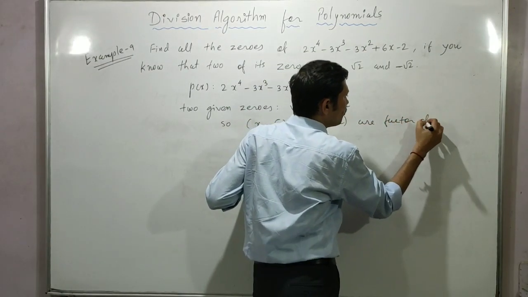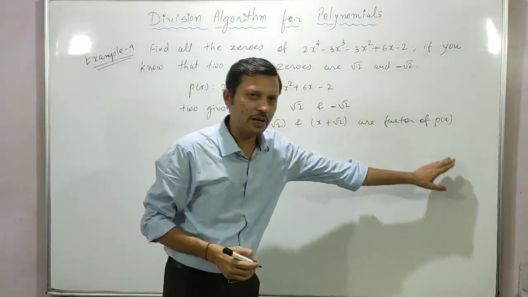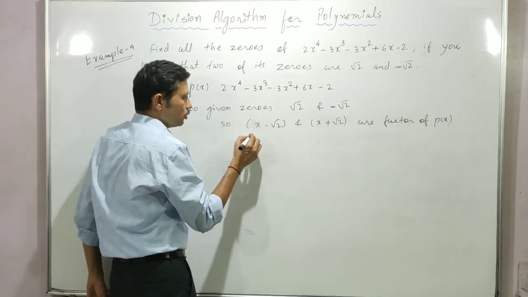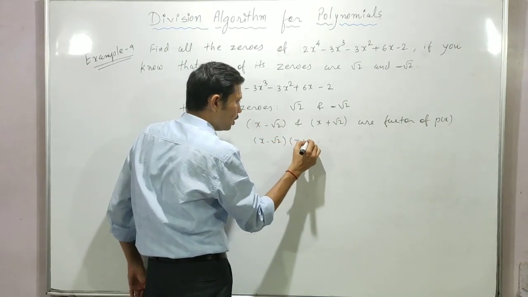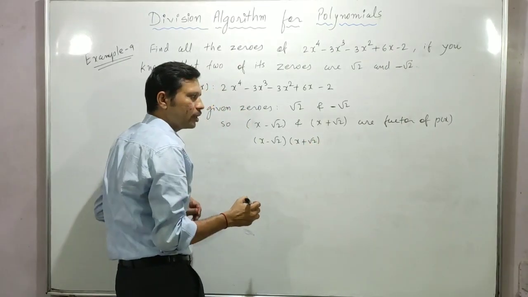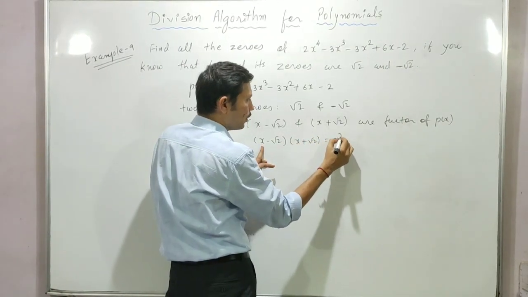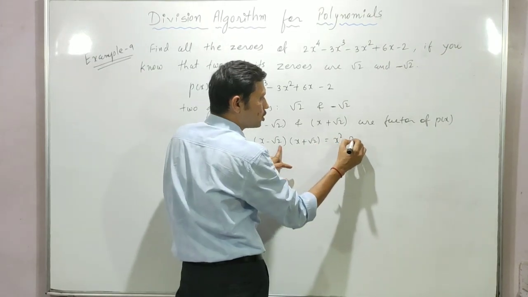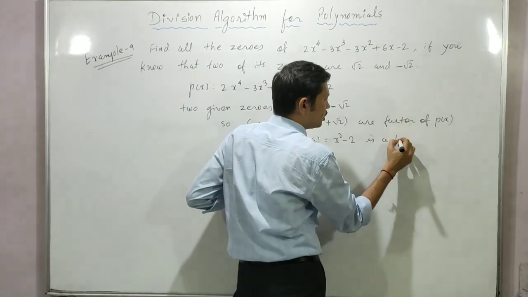Both are factors of polynomial p of x. Okay, so इसका प्रोडक्ट भी इसका फैक्टर ही बनेगा. So x minus root 2 product x plus root 2, that product is a minus b into a plus b, so x square minus root 2 the square, that is 2, is a factor of